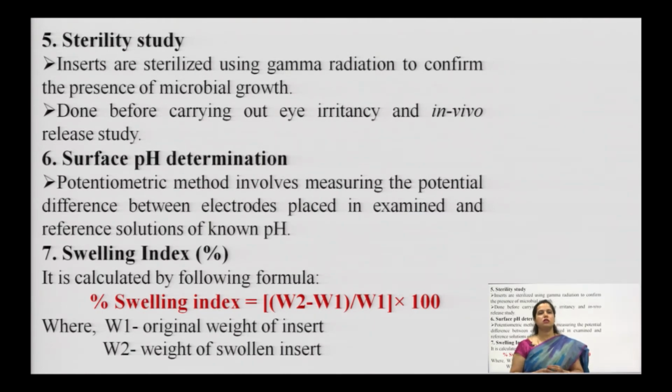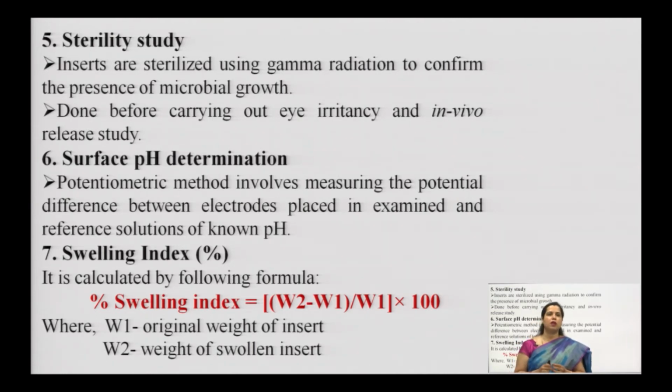So, next is swelling index, percentage. It is always in percentage, right. So, it can be calculated. Swelling means upon absorption of moisture, the occlusert may get swelled. So, how much it is swelled out while applying is very important to understand, because once it gets swelled, it will start releasing drug to the target site. So, swelling index is again an important parameter.